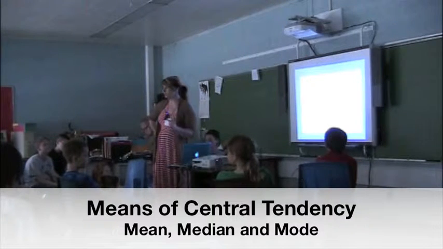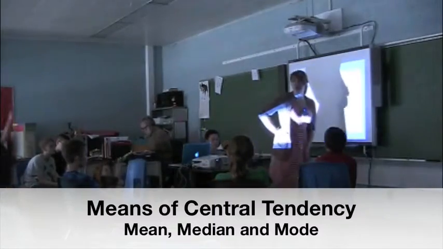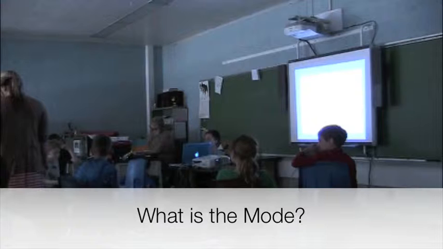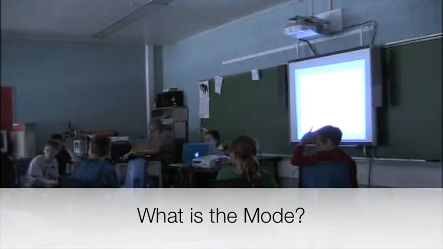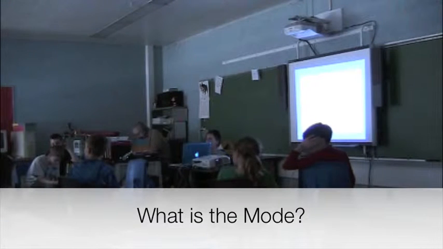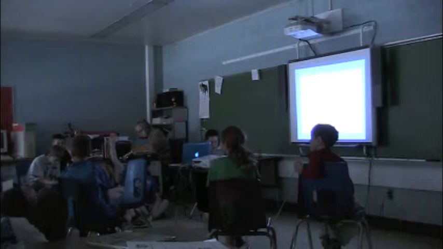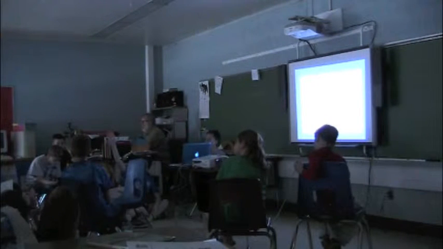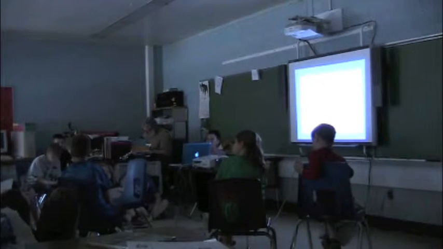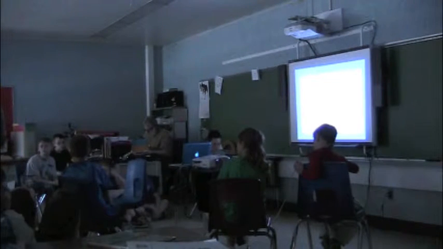Okay, in your own words, can someone describe to me how you find the mode? You look at all the numbers and you write down each number, and you could use tally marks to see how many times each one appears, or look at one number and see if there's any more, then cross it out if there's not. Yeah, that's a good way. So the mode is what? The number that happens the most often, right?